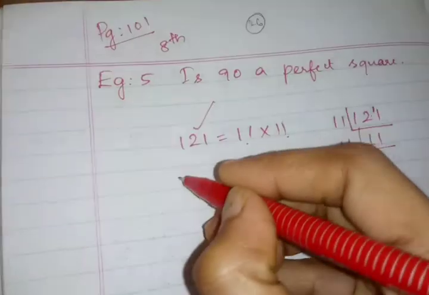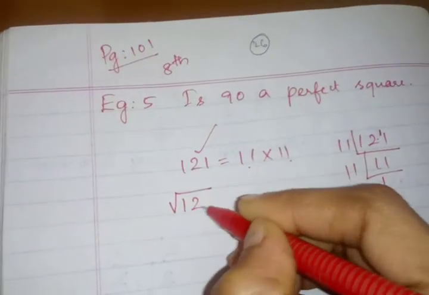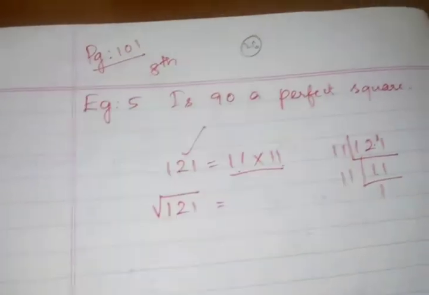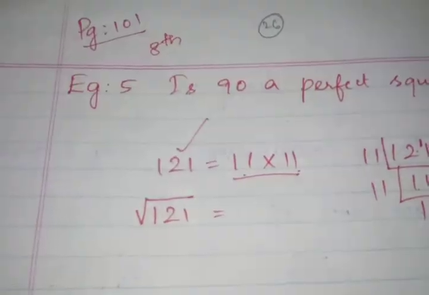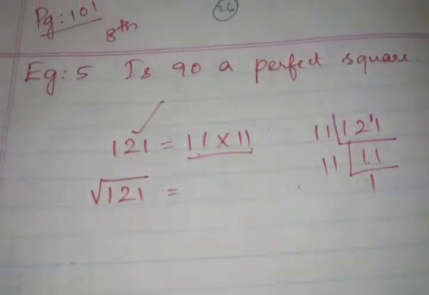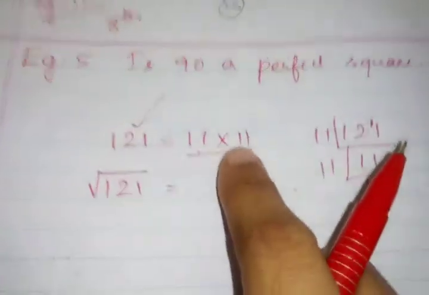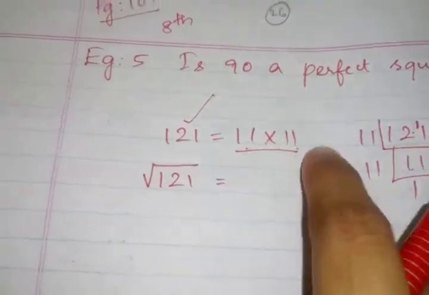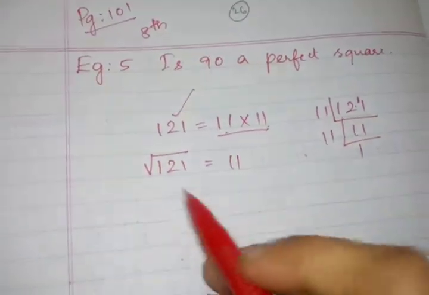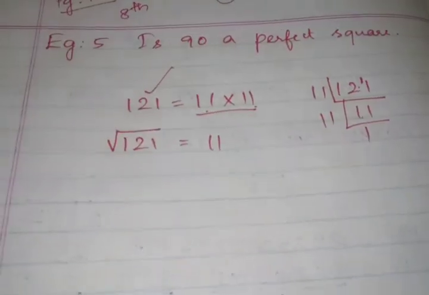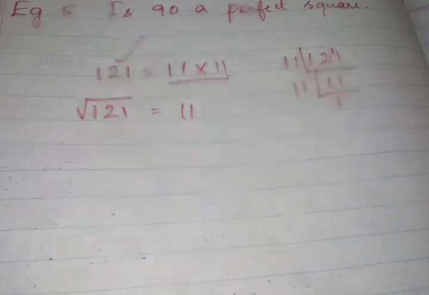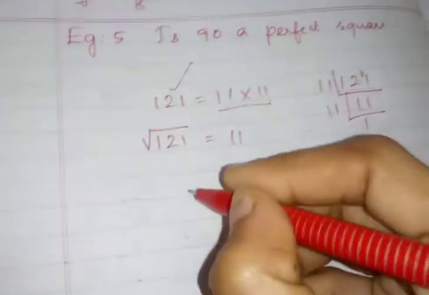So if I find the square root of 121, what will you do? You should pair it up. The pairing should take place. Always, every number should pair. Here, what are the numbers given? 11, 11 only are given, so it is already paired. So instead of two numbers, you will write only one number. So the square root of 121 is what? 11.